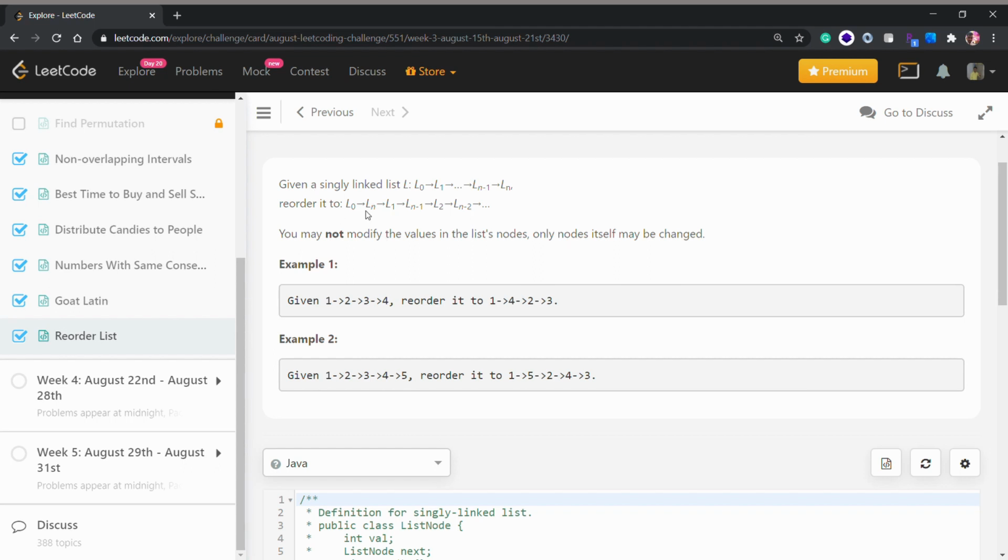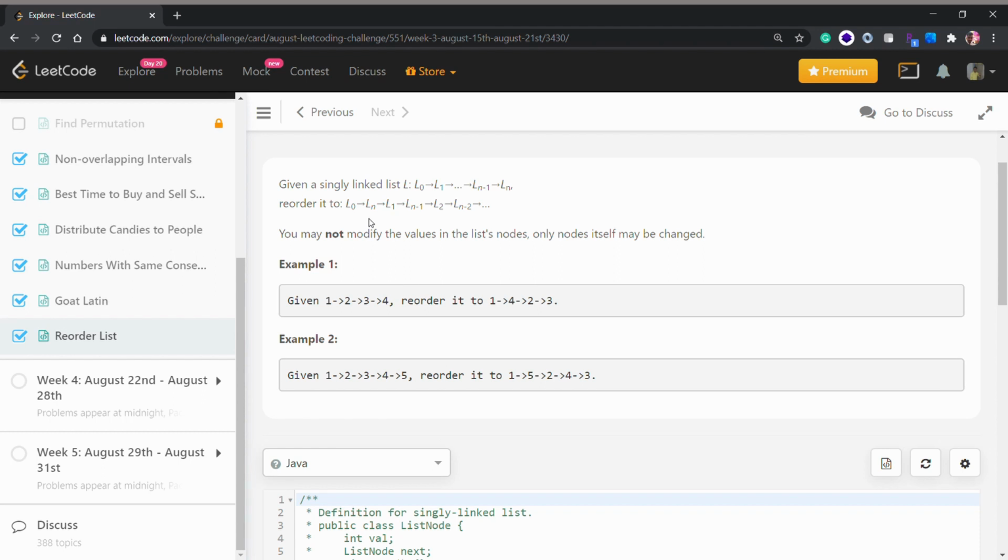Because they are using indexing from 0 similar to an array. Linked lists don't exactly have a length property, at least singly linked lists don't have a length property or indexes, but we can definitely change them by changing their pointers.